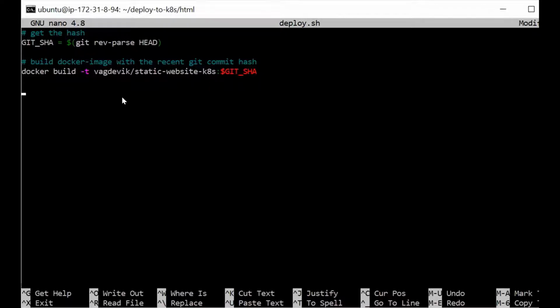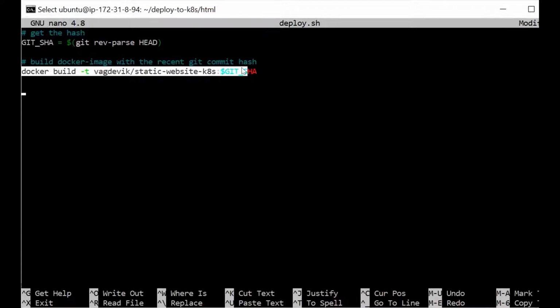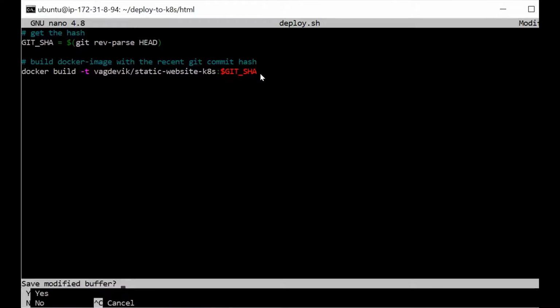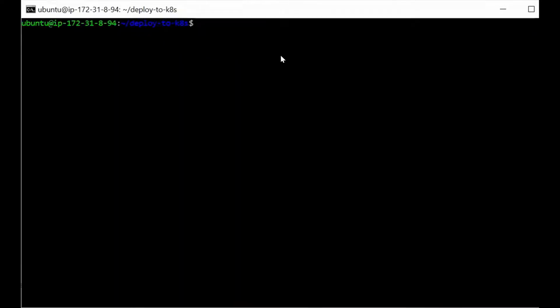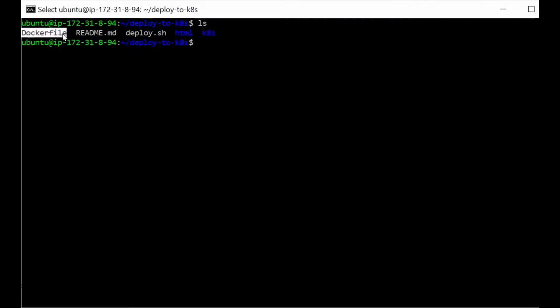Okay, so this command will build the Docker image for our application, but the Docker image will be built only based on the Dockerfile, right? So the last argument is to mention the directory where the Dockerfile is present. So if you remember, we have created this deploy.sh file within the same level as the Dockerfile, right? So both are present at the same level.